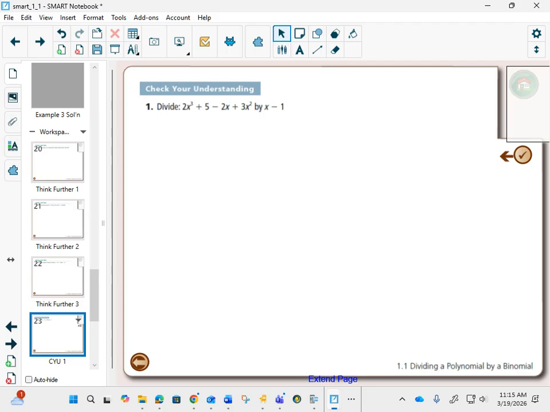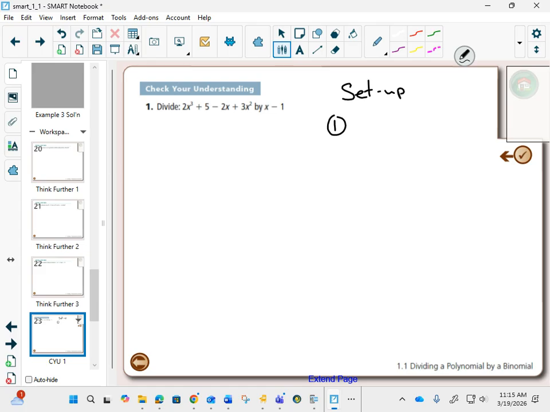So we will start with those protocols. And one of the protocols comes into effect here. I'll call it the setup. First thing in our setup, when we're doing long division,